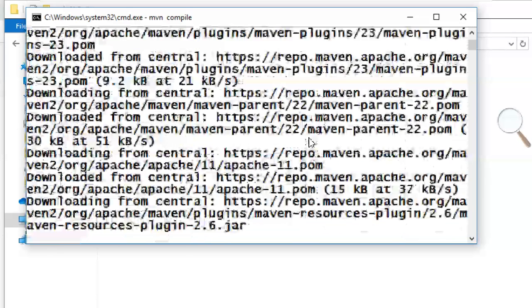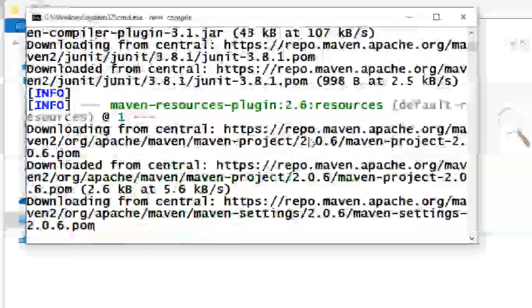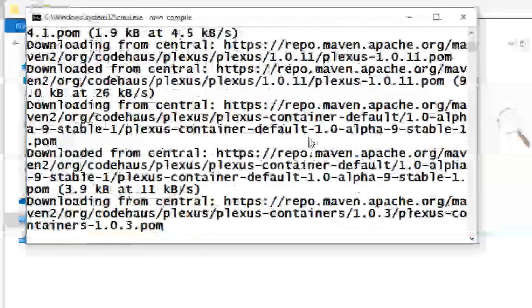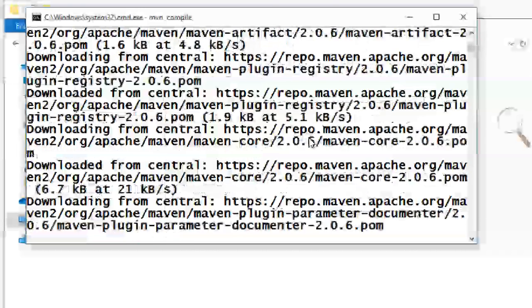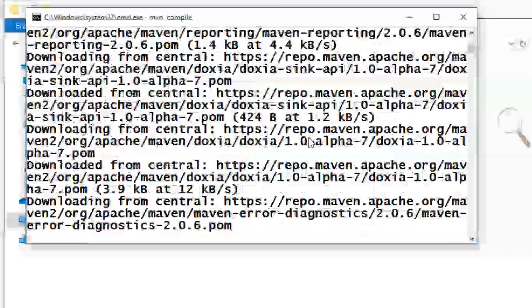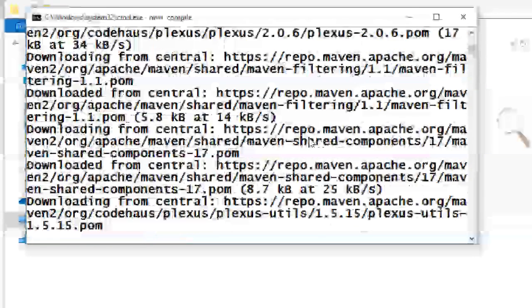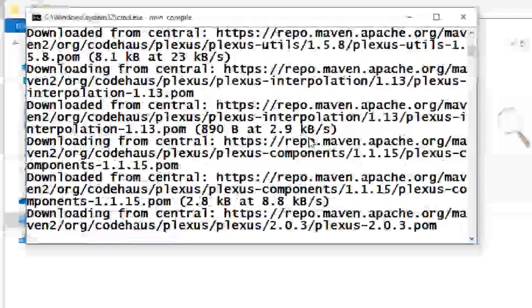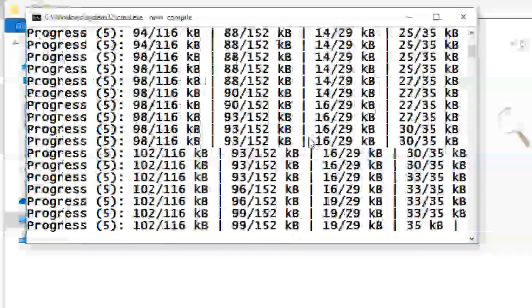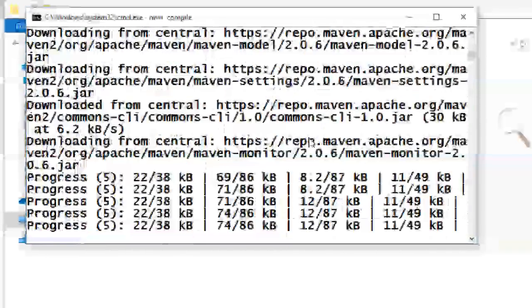Whatever the thing is inside, we don't know what it is. Something is going on. It is connecting. It actually downloads the Maven repositories from Apache only, and it will do the process with our code.